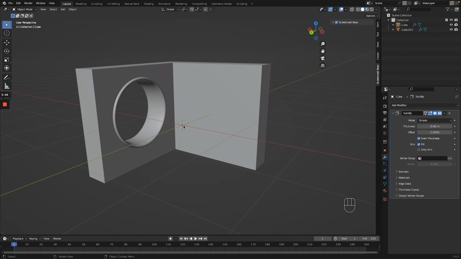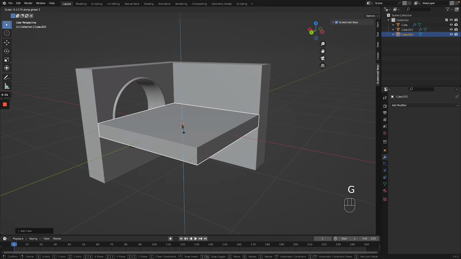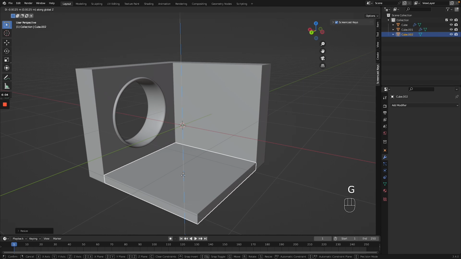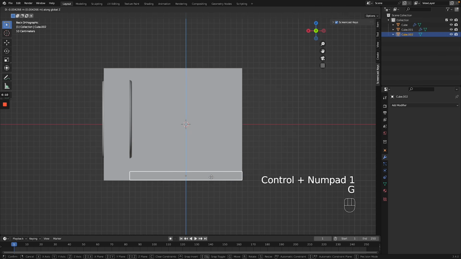What we're going to add in now is the floor, and the floor is going to be a cube. We're going to go G, scale, and scale it along the Z, then we're going to move it down just like that. Press Ctrl 1 on your keyboard, and you can actually see if it is in line,